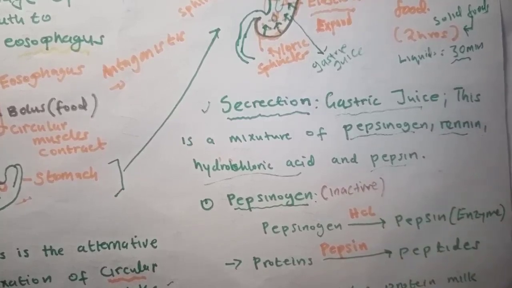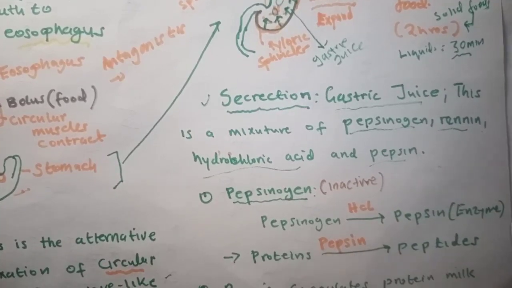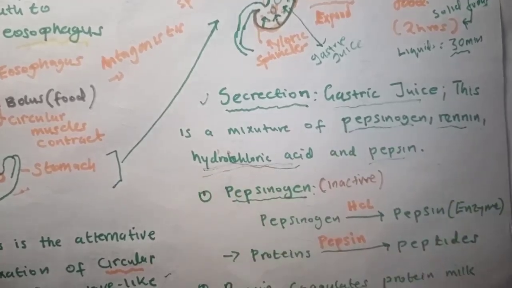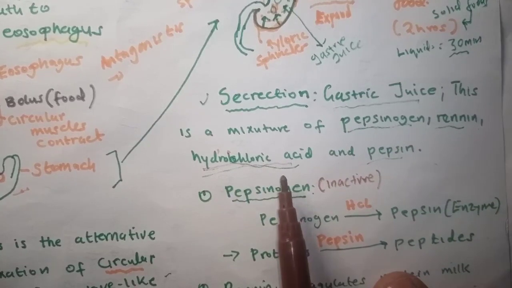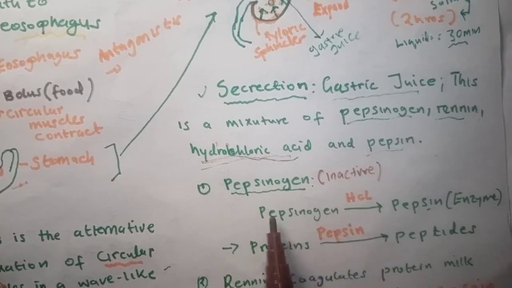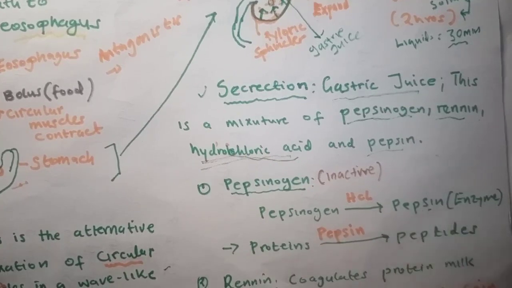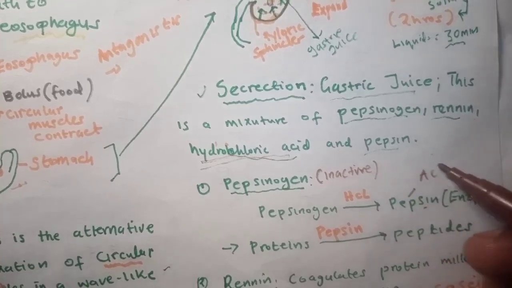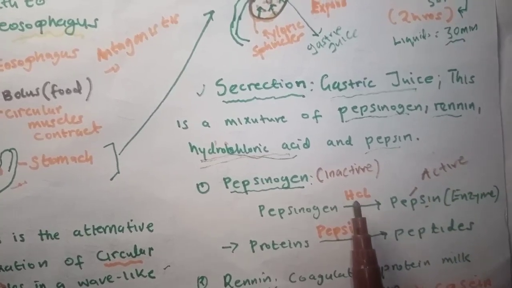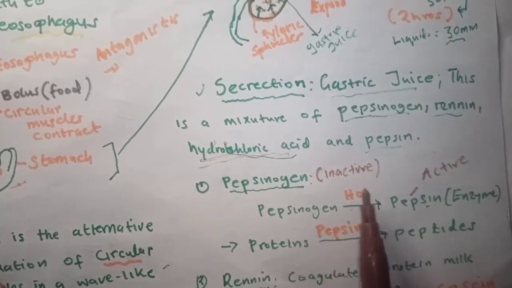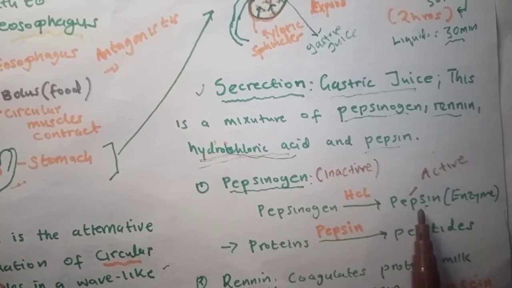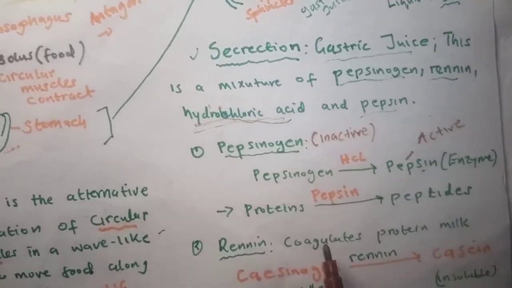Pepsinogen is the inactive form of the enzyme pepsin. The gastric juice contains hydrochloric acid, and it's this hydrochloric acid that converts pepsinogen into pepsin, which is the active form of the enzyme. Because of this acidity, it activates pepsinogen into pepsin, and this pepsin now is what works